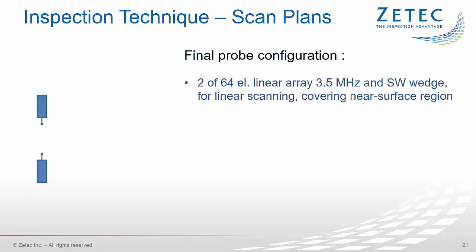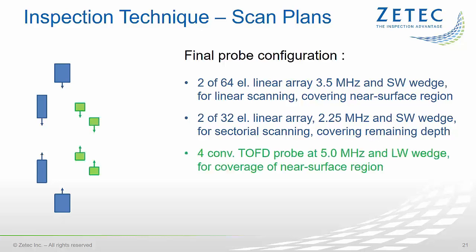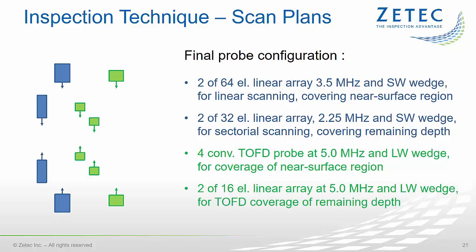First of all, two linear array probes with 64 elements at a frequency of 3.5 MHz will cover the near surface region using electronic linear scanning. Next, we have two additional linear array probes with 32 elements at 2.25 MHz to cover the remainder of the volume using sectorial scanning. We will have two conventional TOF pairs for complementary coverage of the near surface region. And finally, a single TOF pair with 2 × 16 elements linear array probes at 5 MHz for complementary coverage